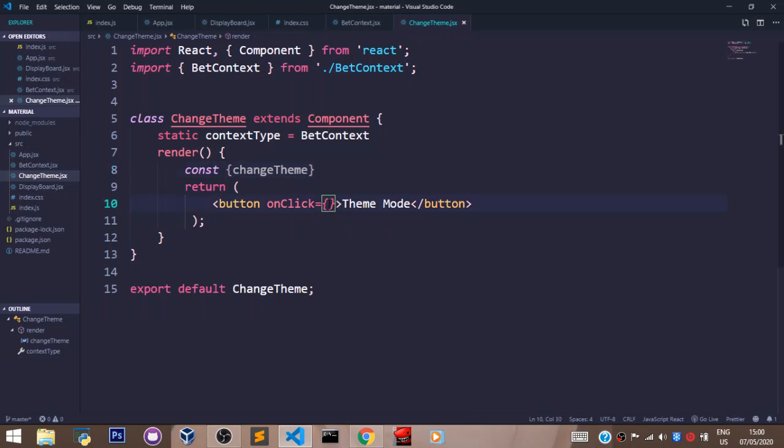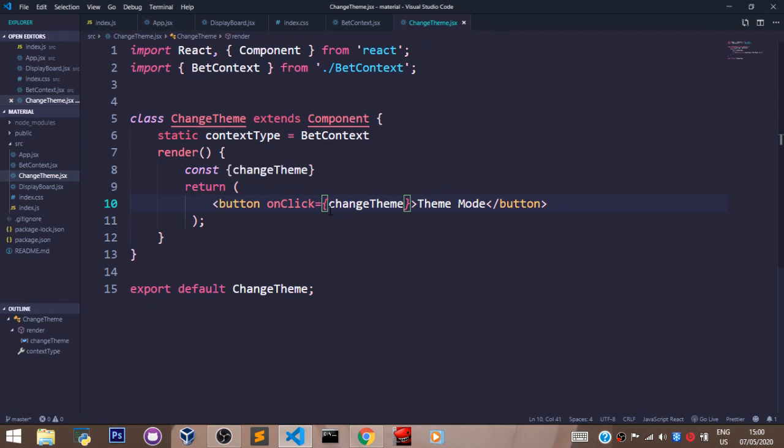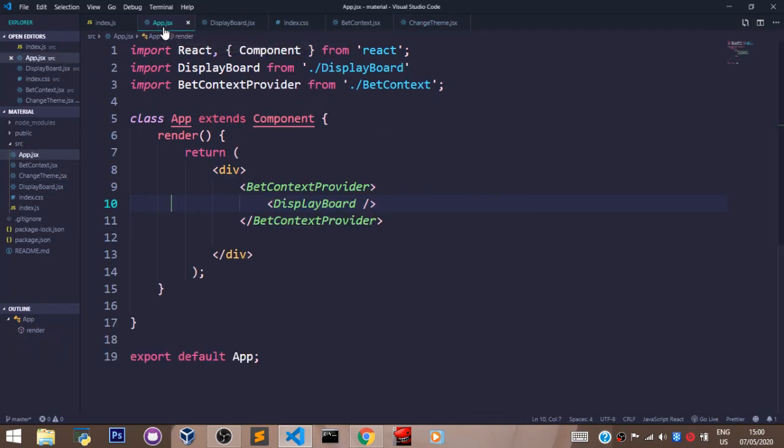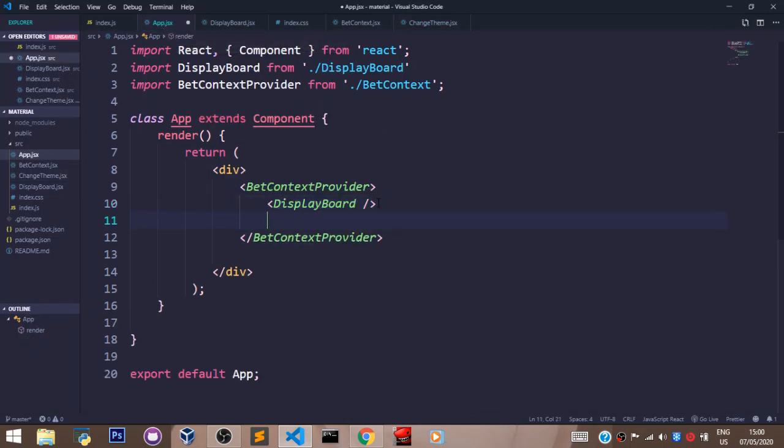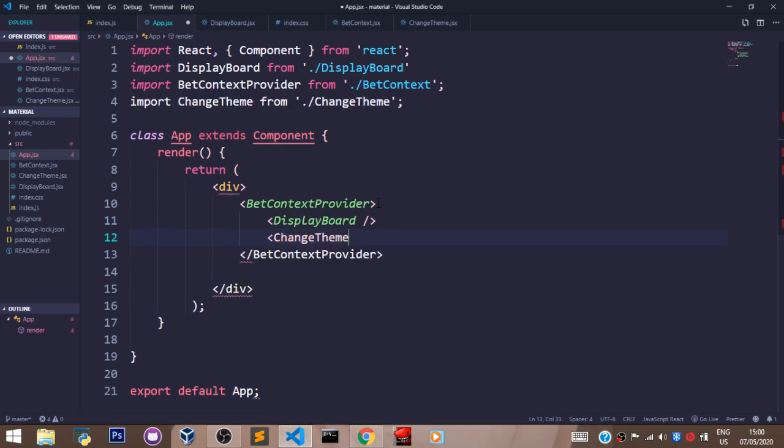Now let's save that. Now the final thing to do on this file is we are going to pass this function inside the onClick event, and that's it. And that's all for this file. So with this, we have created the button, and we have created a context for the button, provided the context, and we have consumed that context in the file where the button stays. We can come here in app.jsx, and we can just pass in the button anywhere. So we can just say ChangeTheme,